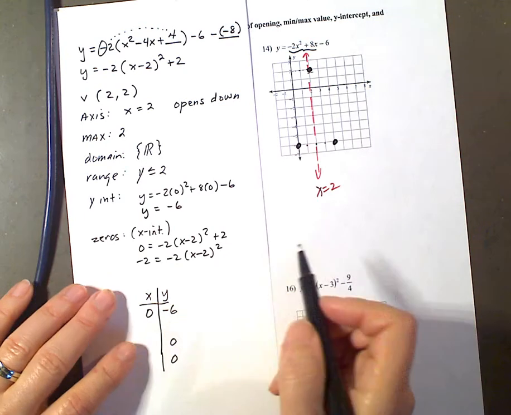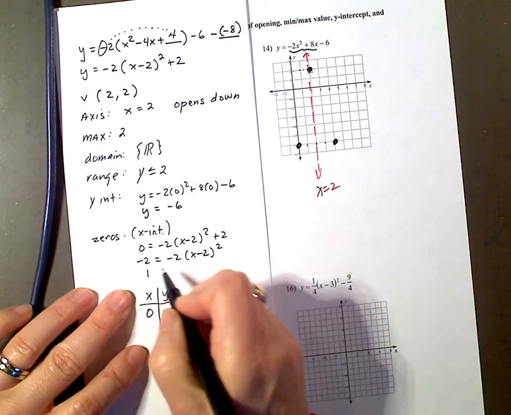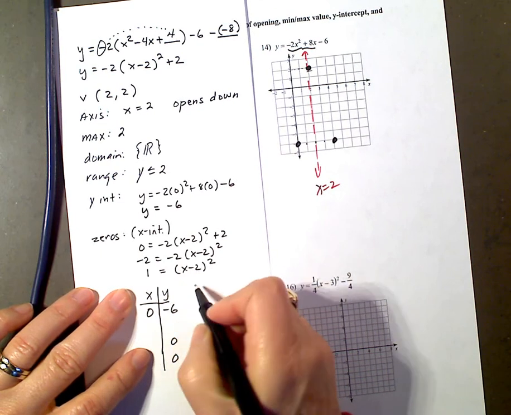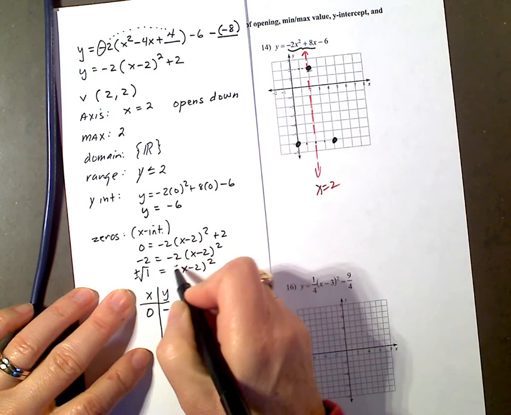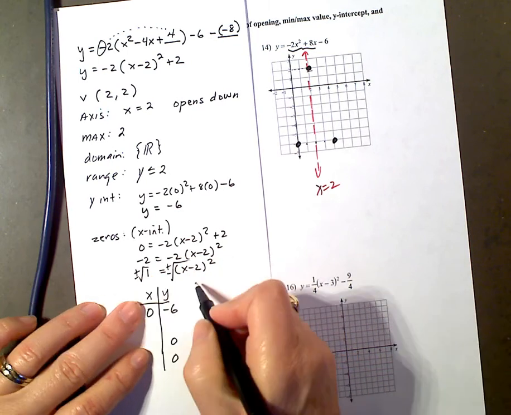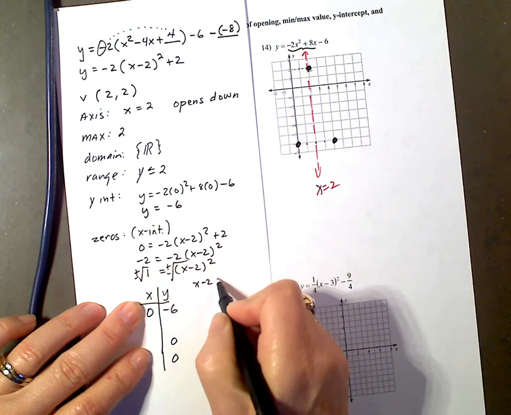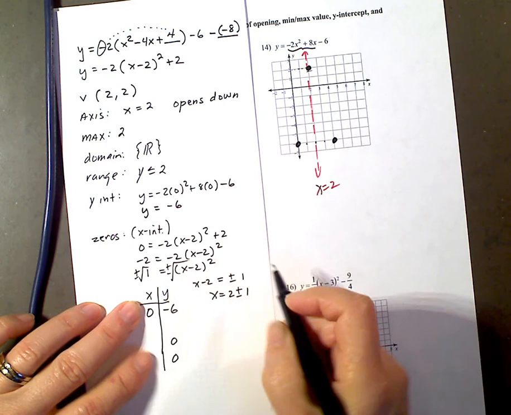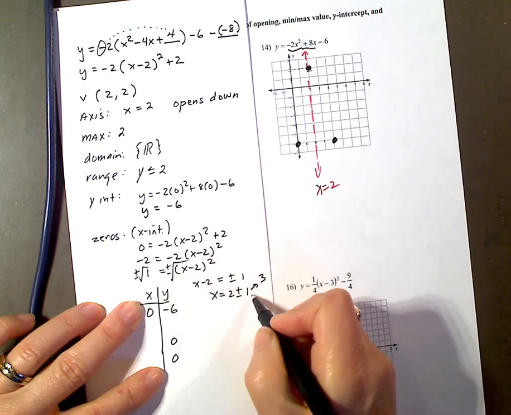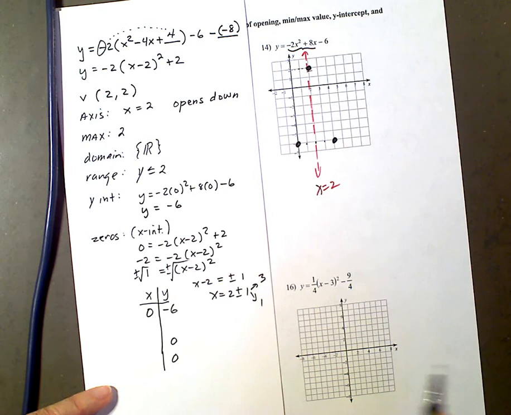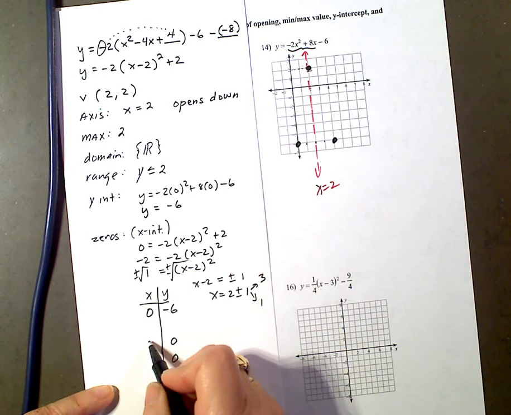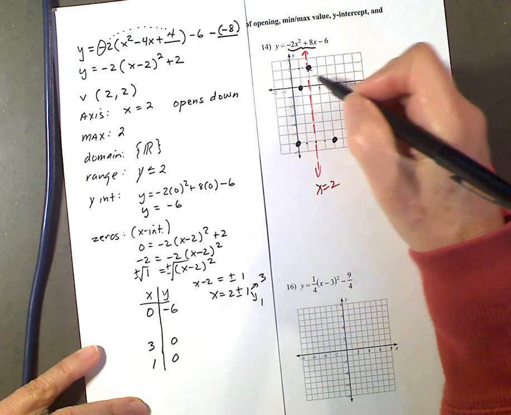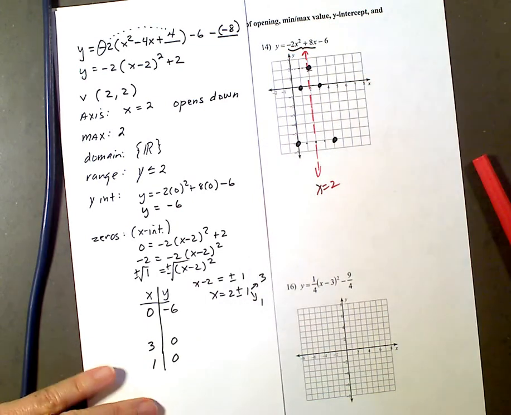Dividing both sides by negative 2, I get a 1 on this side, and taking the positive and negative square root of both sides, I get x minus 2 is equal to positive or negative 1. So x is equal to 2 plus or minus 1. So 2 plus 1 is 3, and 2 minus 1 is 1. So I get my zeros of (3, 0) and (1, 0). So (1, 0) and (3, 0) is where I'm going to cross the